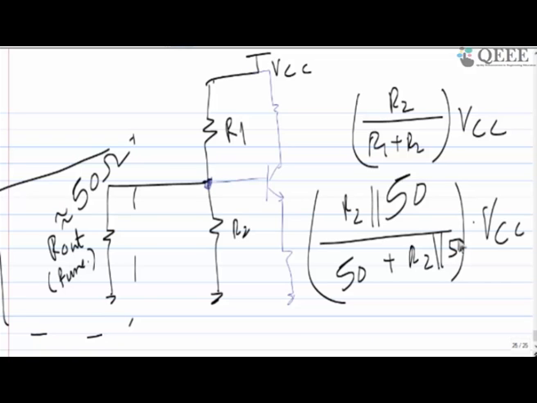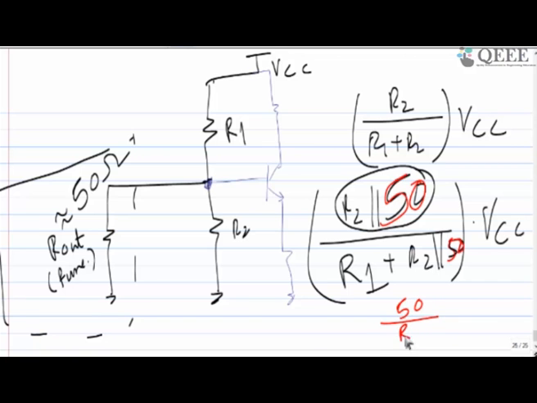it's R2 parallel 50 divided by R1 plus R2 parallel 50. So in this case, if your R2 is very big compared to 50, and of course it will be bigger than 50 ohm, very big, maybe even in kilo ohm, 50 is winning. This side also 50 is winning. So effectively let's assume that R1 is very big. So this is what you are going to see at the output, which is nearly 0 or a very low number, and this is not going to give you the proper voltage which you are expecting.